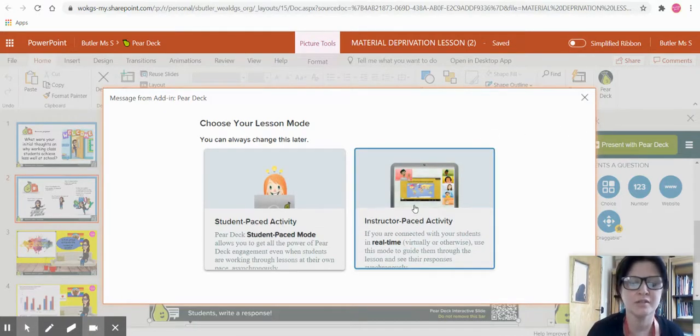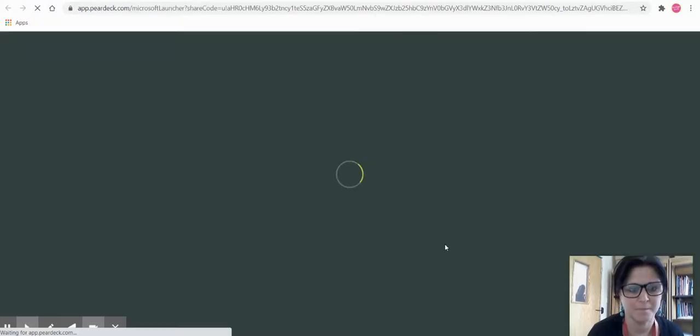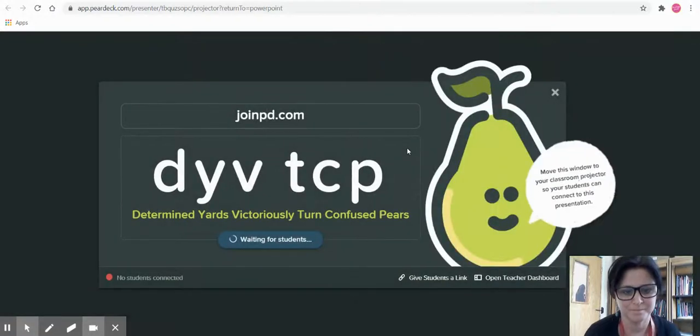So I'm going to choose an instructor-paced activity because I want to have control of when the sequence we're going through the lesson. So I've chosen that. And it can take a few seconds to load. And when it does, it will provide a code for anyone who wants to come into the lesson. So students can go to the website, it says here, joinpd.com. They can then type in this code here and they will be into the lesson